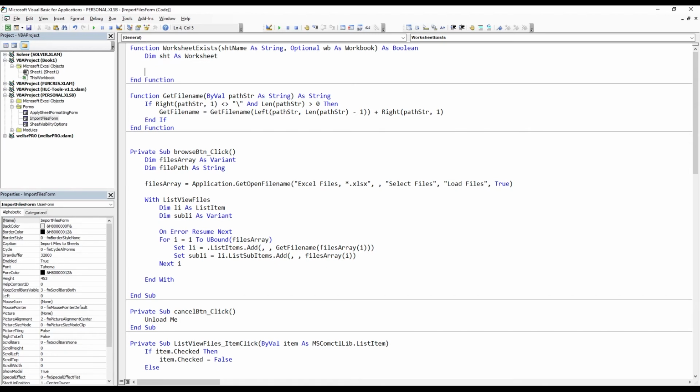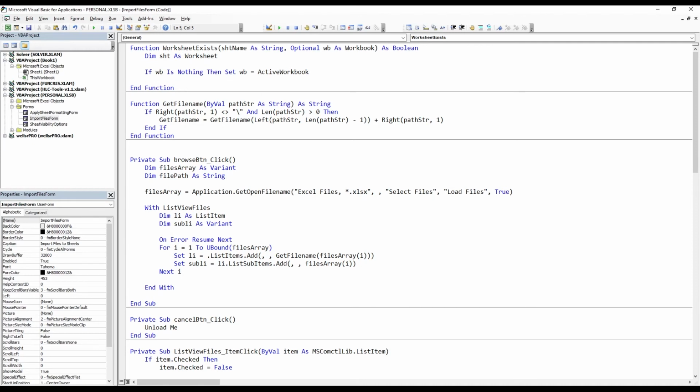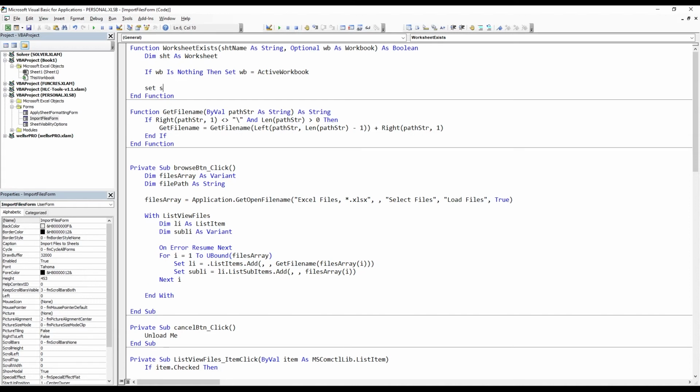Worksheet, and we need to check if workbook, the one that we defined here, is nothing, so it's not provided. Then we're going to set workbook equal to active workbook. Okay, and this is a short if-then syntax where we just check one thing and then we have one result. You can just write it on a single line, so we don't need to add the end if statement at the end. The next thing we want to do is we want to set our sheet to equal workbook,